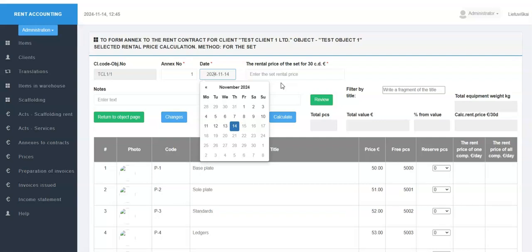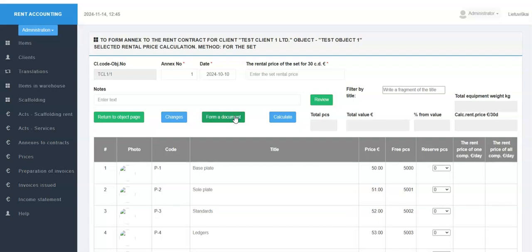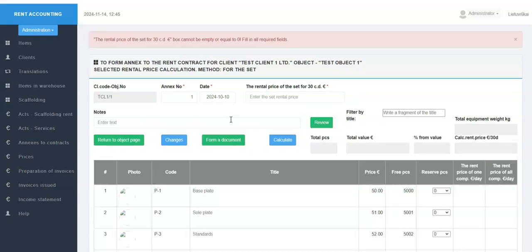I will change the date to the last month so that later we can see how the program generates invoice rows for this object until the end of the previous month. If we press the Format Document button now, the program will display a message that the required field is not filled.